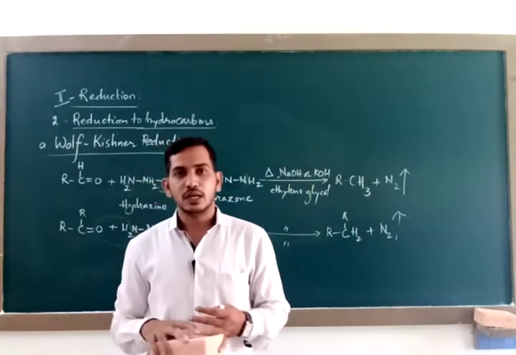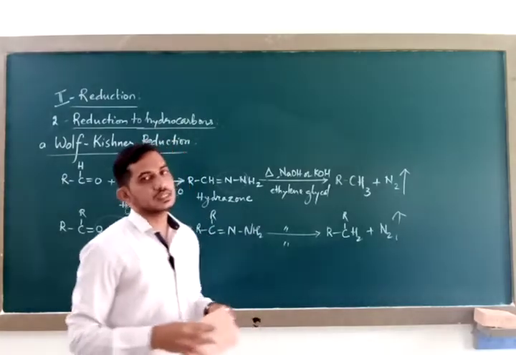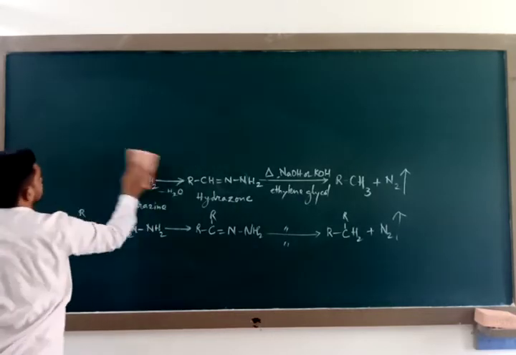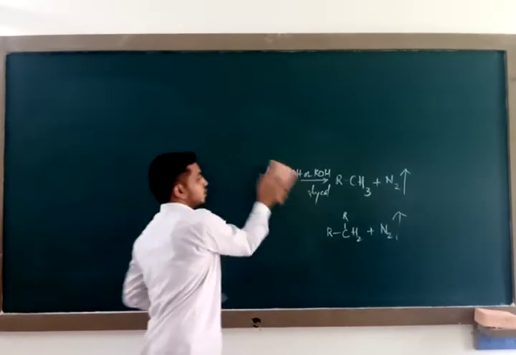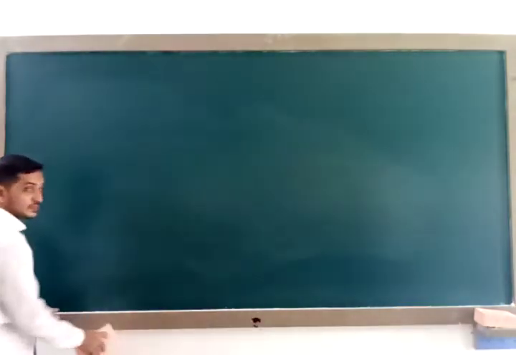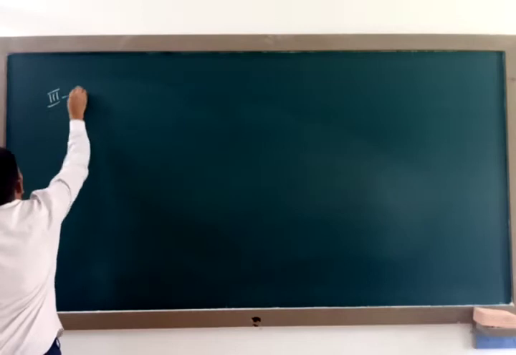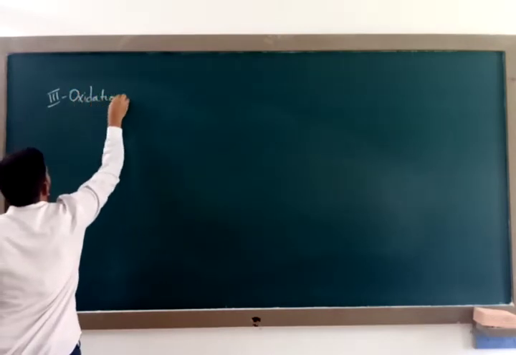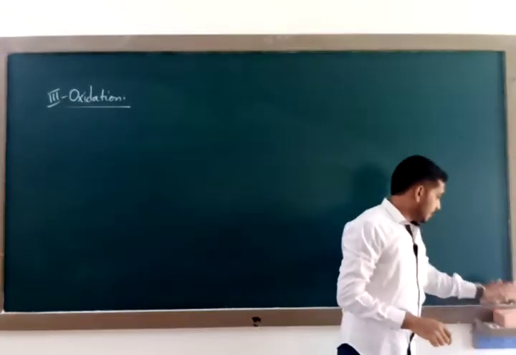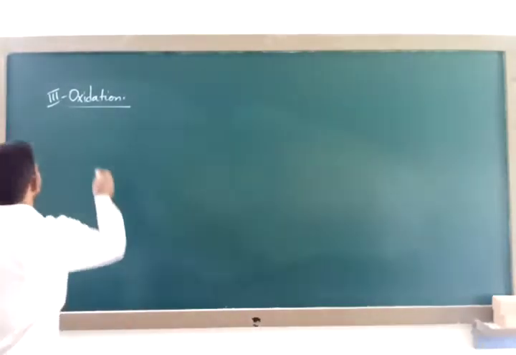So we have studied two chemical properties. One is addition reactions, the second is reduction reactions. Now we shall see the third chemical property. It is oxidation. You should be aware what oxidation is. Oxidation refers to addition of oxygen or else removal of hydrogen. So the third chemical property is oxidation. Oxidation of aldehydes and ketones. Let us compare how aldehydes and ketones undergo oxidation. If an aldehyde is oxidized,